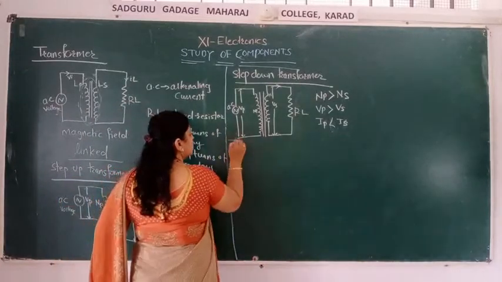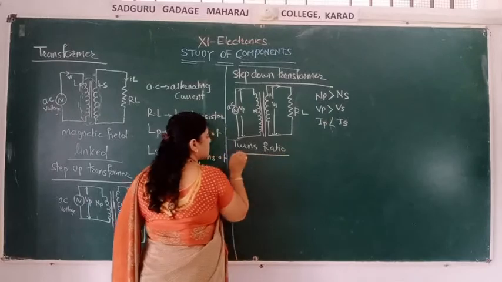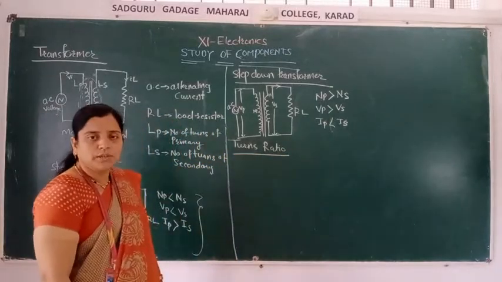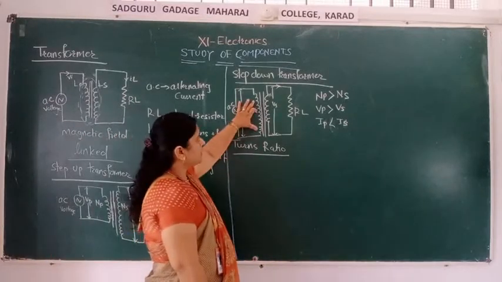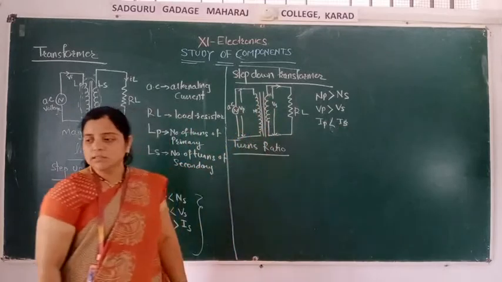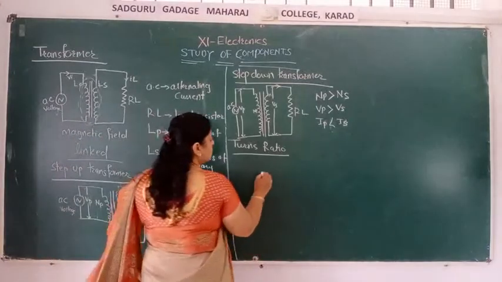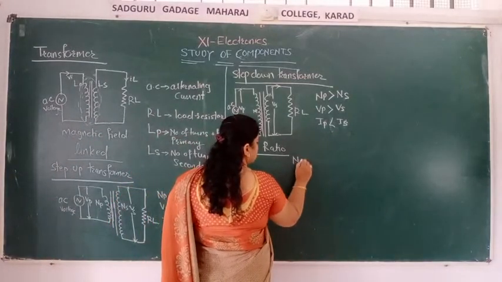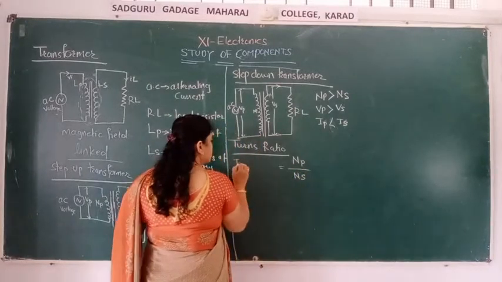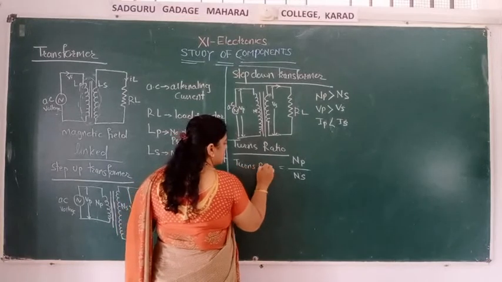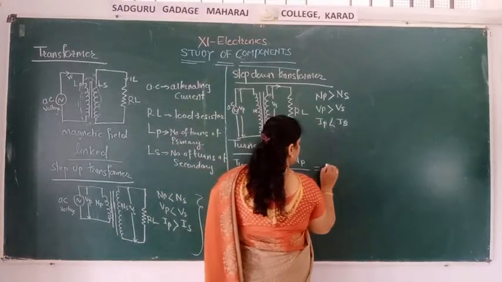Next part is turns ratio. Turns ratio means what? Turns ratio is nothing but the number of windings across the primary and number of windings across the secondary. Number of turns of the primary compared with number of turns of the secondary is called the turns ratio. You can write like this: NP and NS is the number of